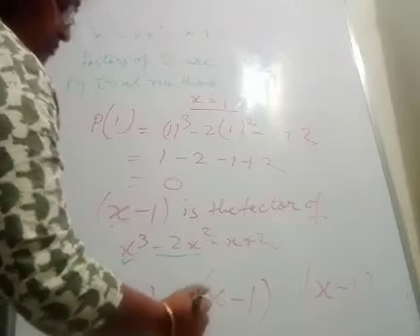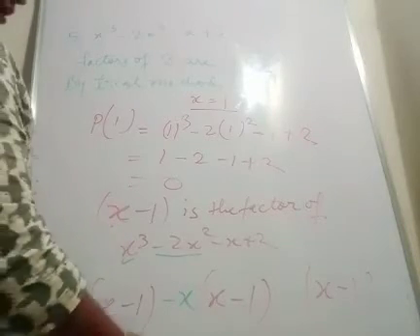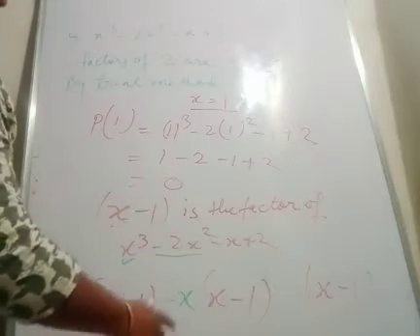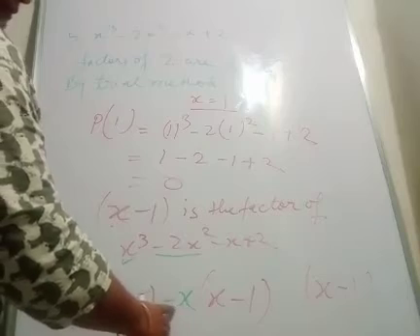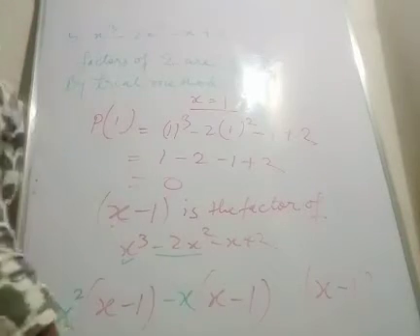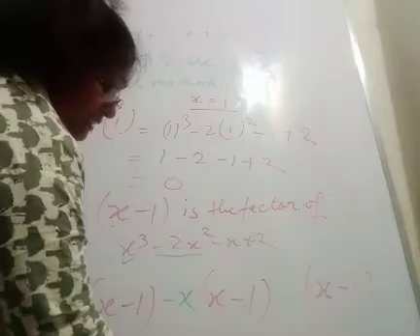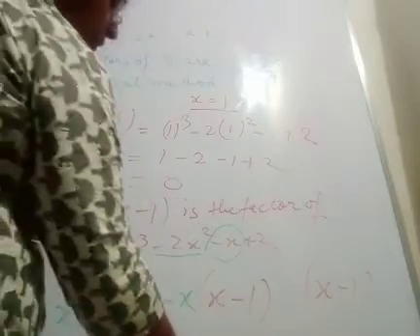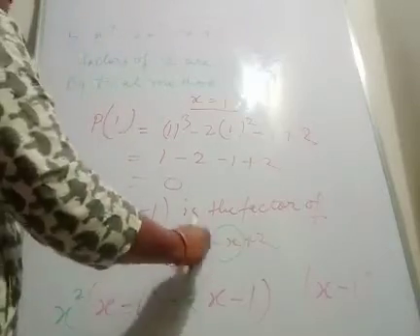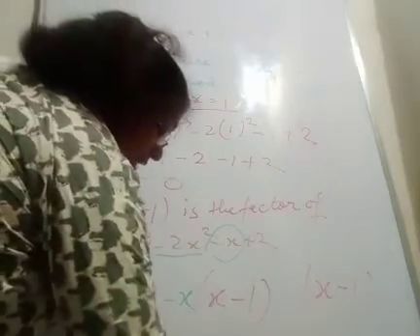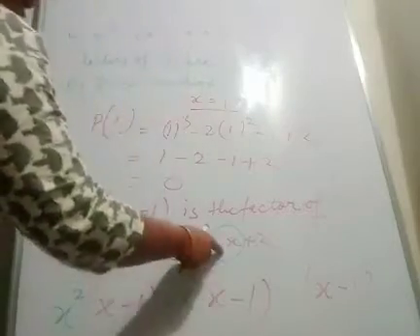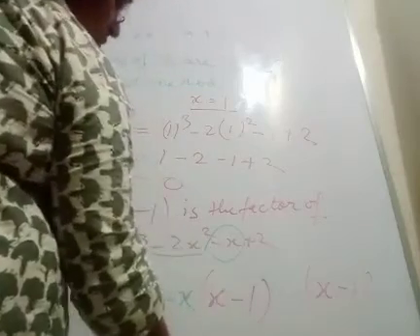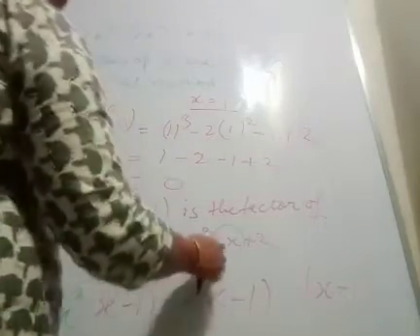So minus x must be multiplied with minus x. Minus x must be multiplied with x to get minus x square. So again it satisfies. But minus x when multiplied with minus 1 becomes plus x. Okay, but here I need minus x. So what must be added to plus x to get minus x? We must add minus 2x with plus x to get minus x.